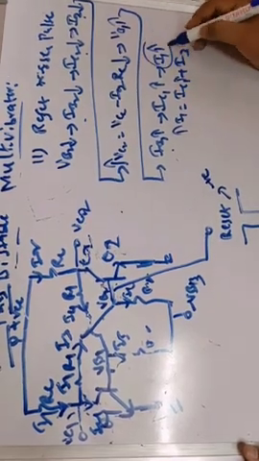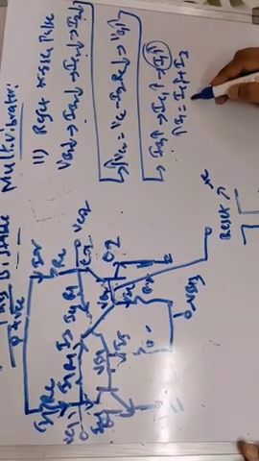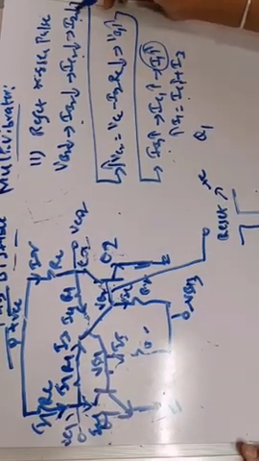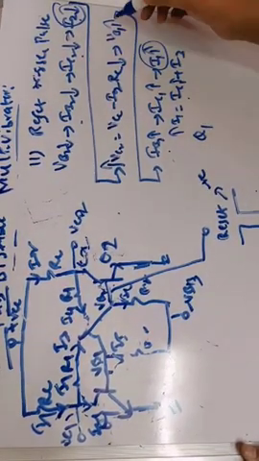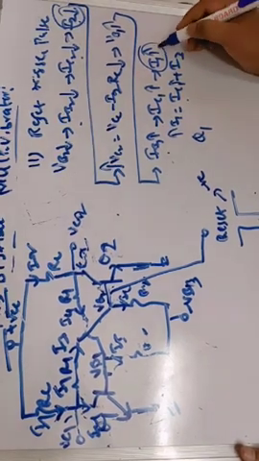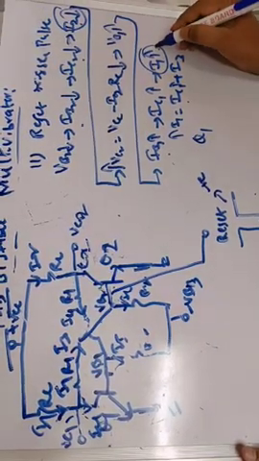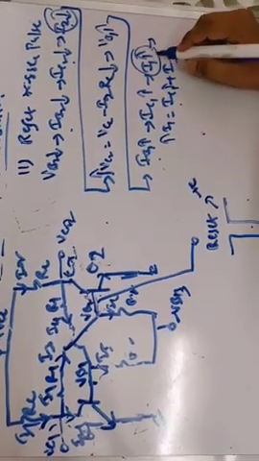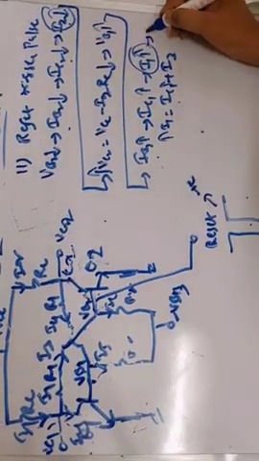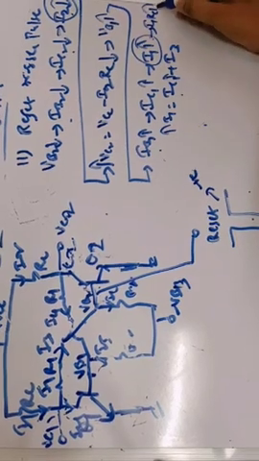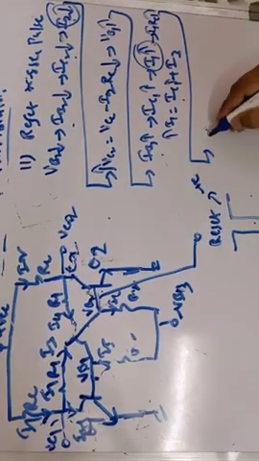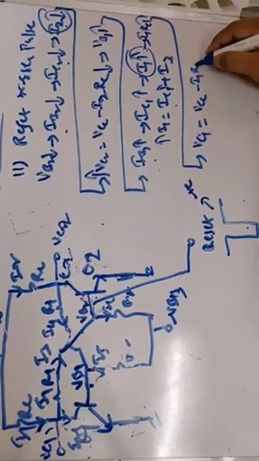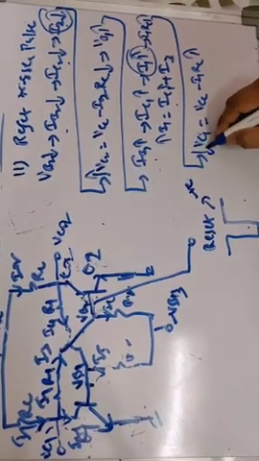As I1 increases, what happens to this transistor? Transistor Q1 will be entering into the on state, and I2 decreases, which means Q2 will be entering into the off state. I1 increases means I1 into RC will also increase. As I1 into RC increases, what happens to the potential VC1? VC1 is equal to VCC minus I1 into RC. This is increasing, which means VC1 decreases.